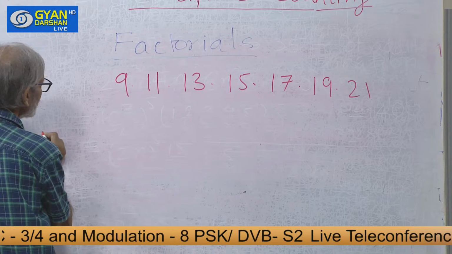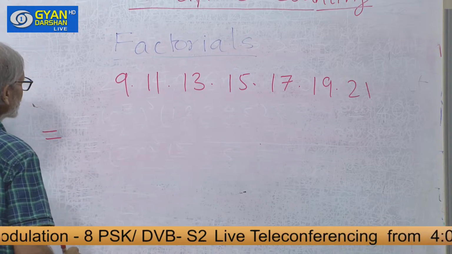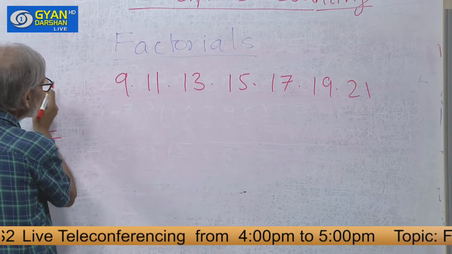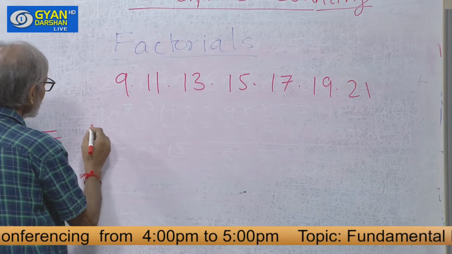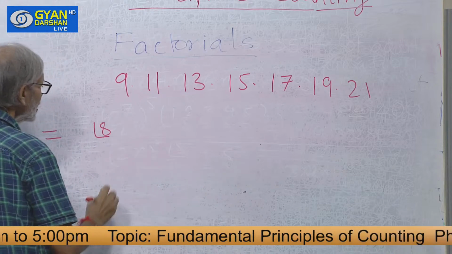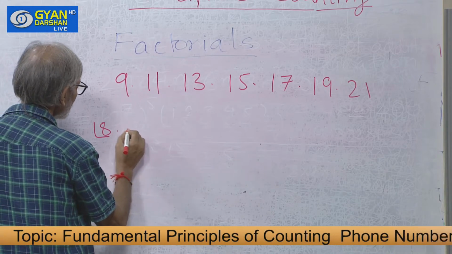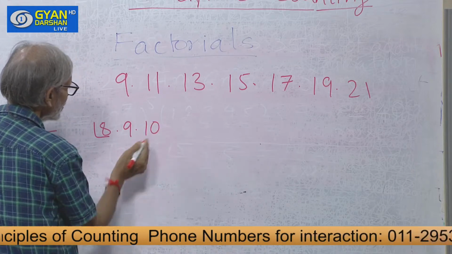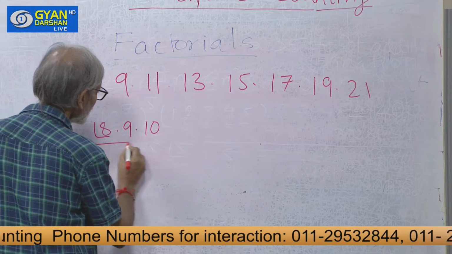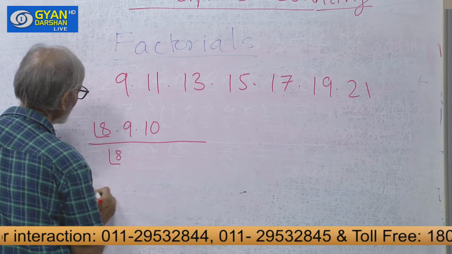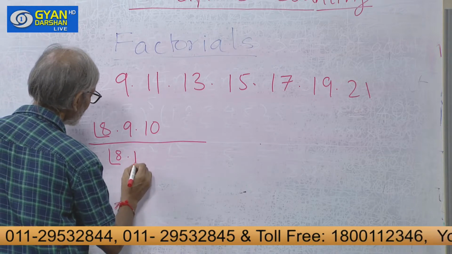So, we can write it from 1 to 8 we can multiply in the denominator. So, we can write factorial 8, then comes 9, then I multiply it here by 10, in the denominator also I will multiply. So, here also factorial 8 I have taken, and then into 10,